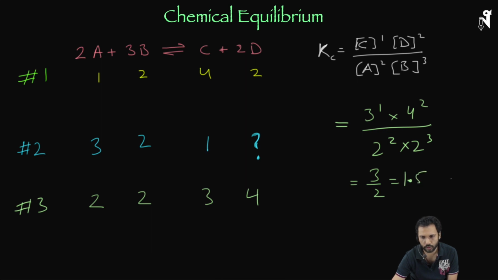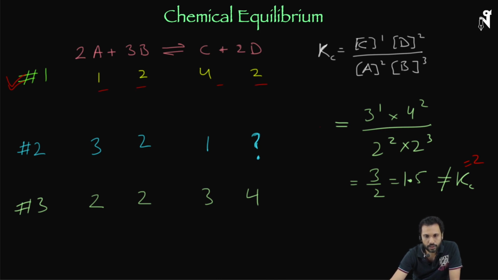This is not equal to Kc for sure, because Kc is a constant and Kc was equal to 2. Nothing on this earth is going to change that value except for changing the temperature. So we can clearly see that it is not Kc. I can't write a Kc over here because Kc is 2 and it's known. They're asking whether it is at equilibrium or not. We can't assume it is at equilibrium. They have given that this one was at equilibrium, and we safely wrote Kc when we were using those values.